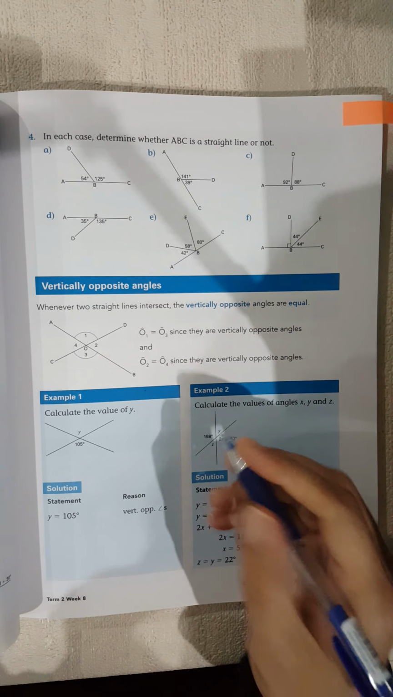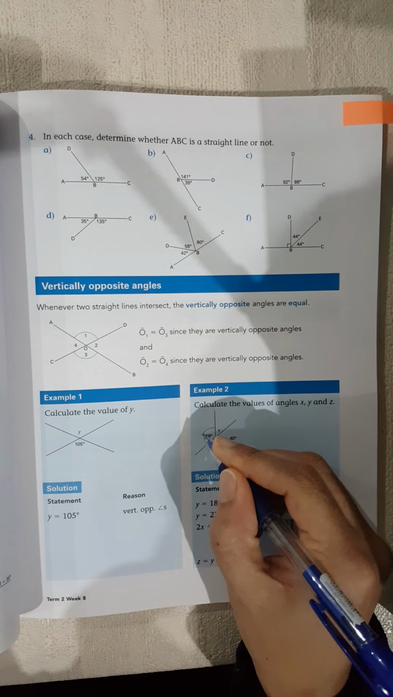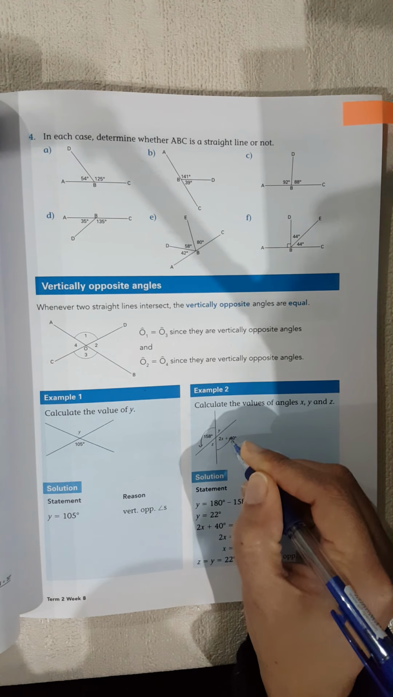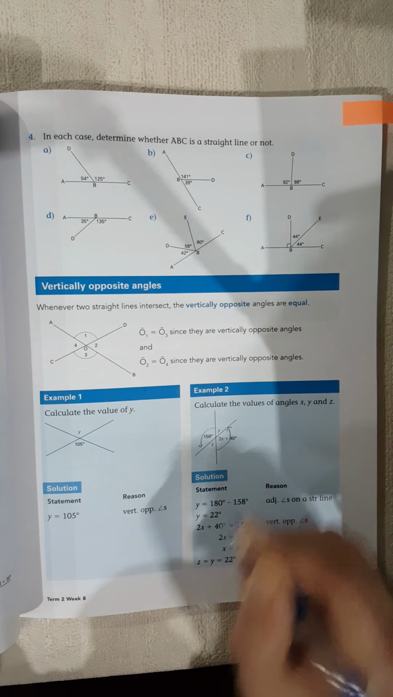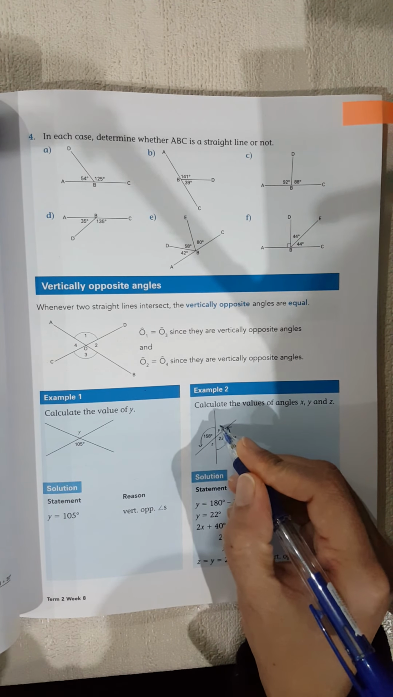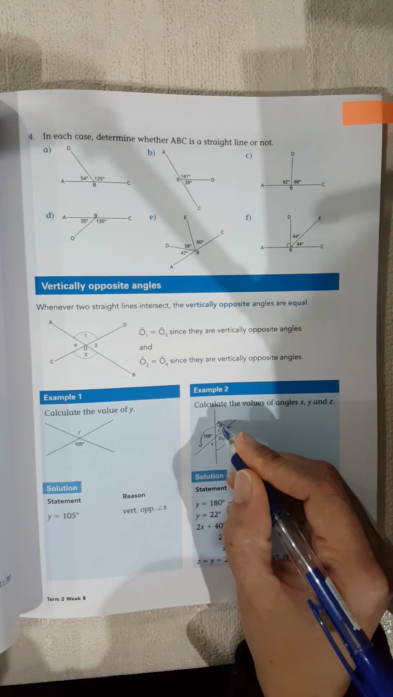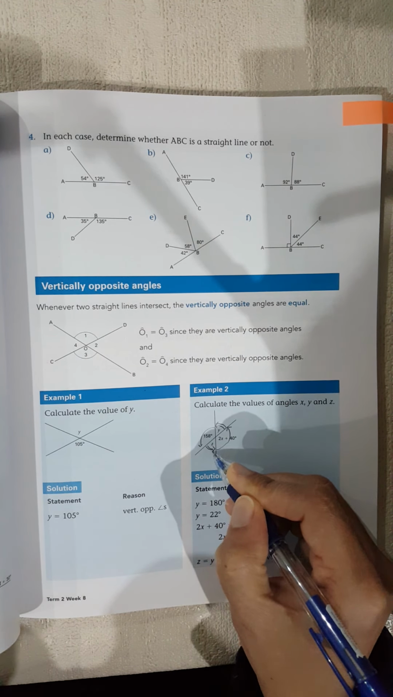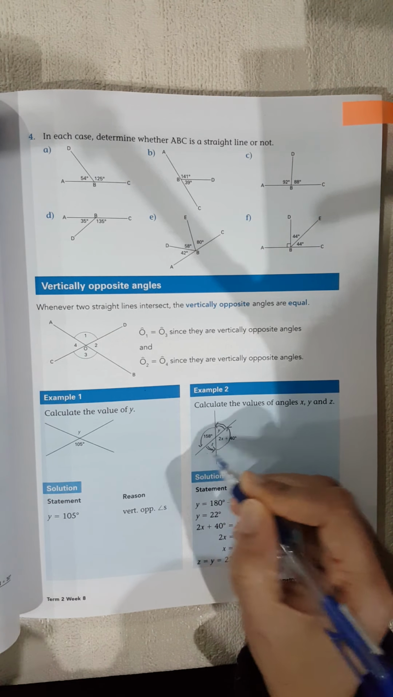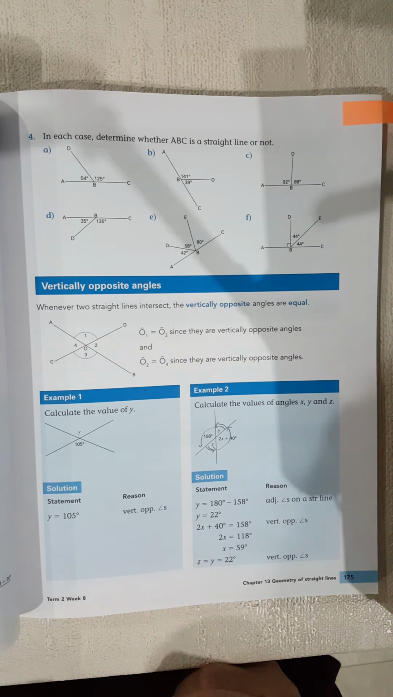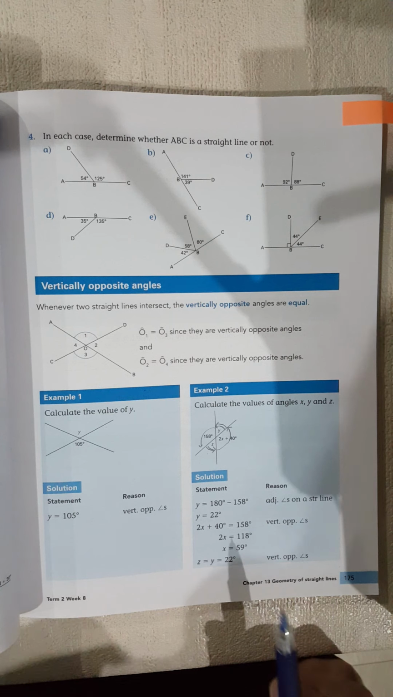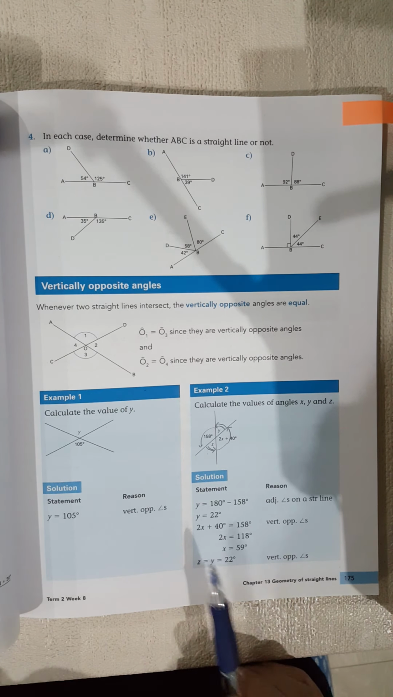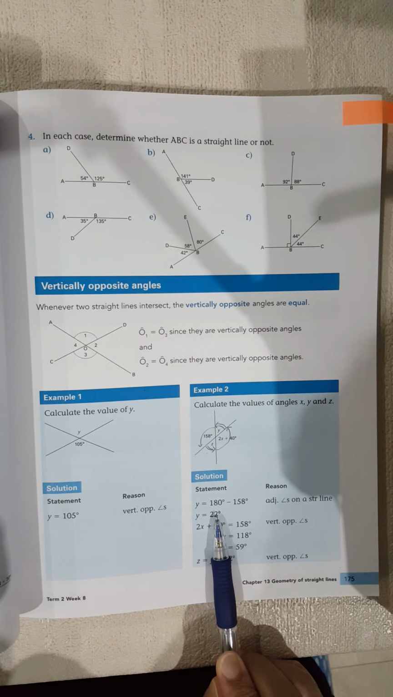Okay, so this angle here is vertically opposite to this angle here, right? And this angle here is vertically opposite to that angle there. Can you see there? That is vertically opposite to that, and that is vertically opposite to that. So now you can imagine in your mind what you're going to say, how we're going to get our equations, and how we're going to prove, right? So y is equal to,